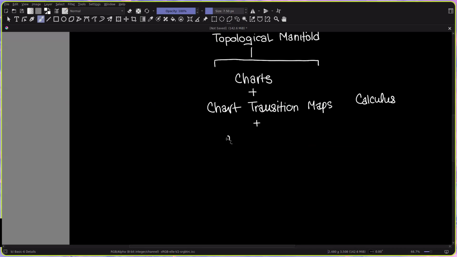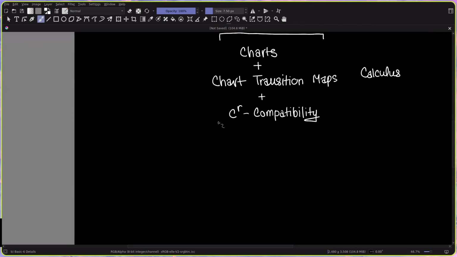And we define something called C^r compatibility. And with all three of these, we were able to lead to something called a C^r atlas,